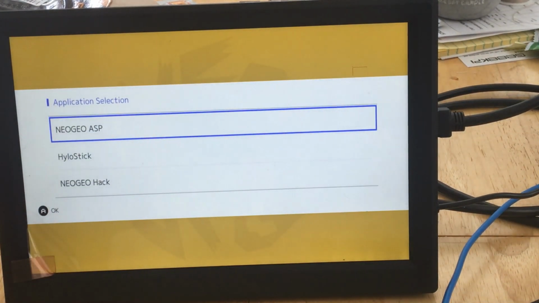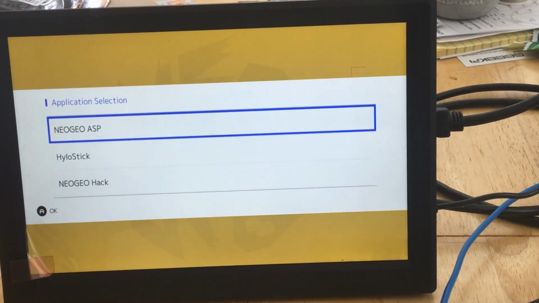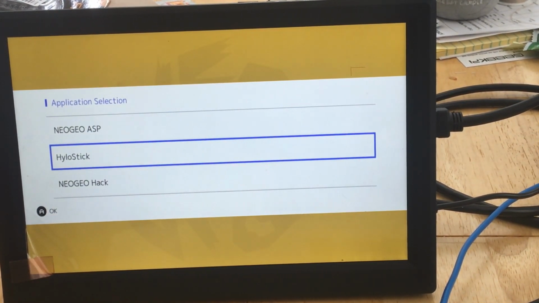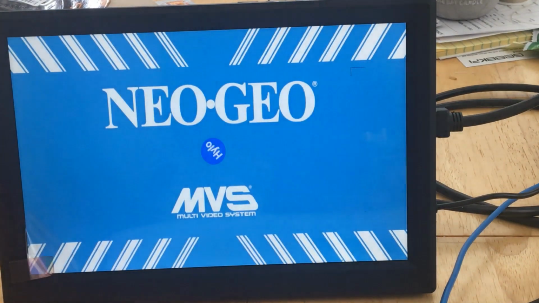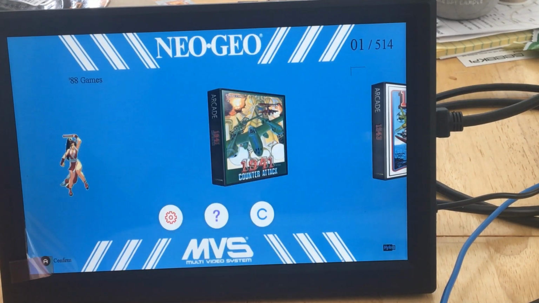Hi, this video is just to test to see if the 514 game will show up in the Neo Geo Pro stick, RK Stick Pro. Okay, and we haven't done the pictures or the ROM yet, just the rominfo.txt and also the